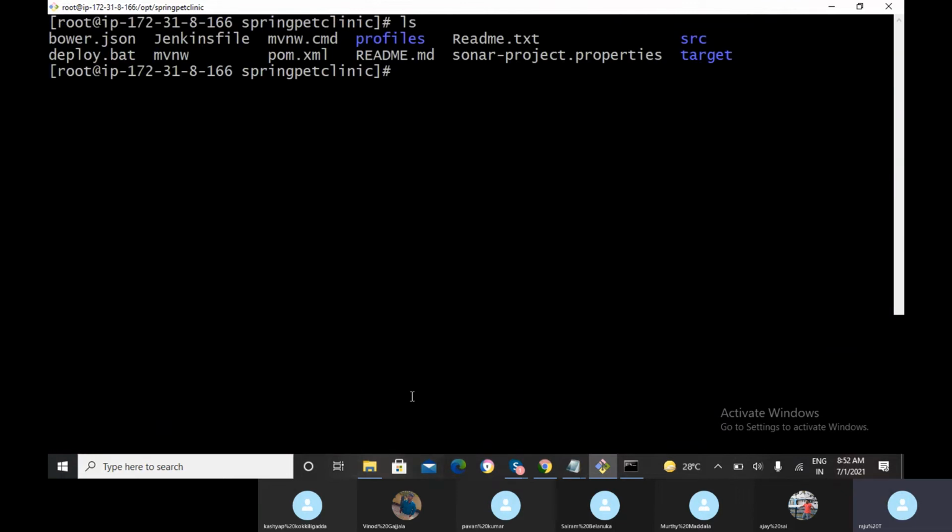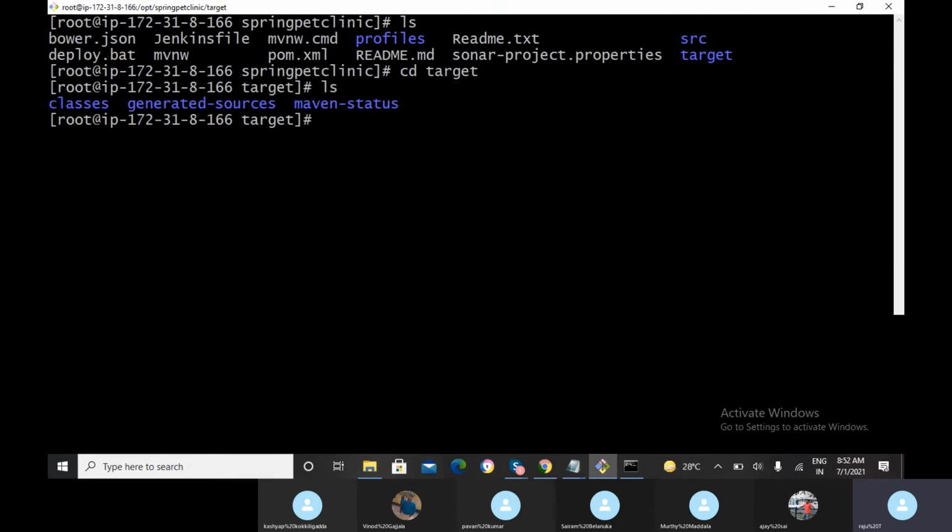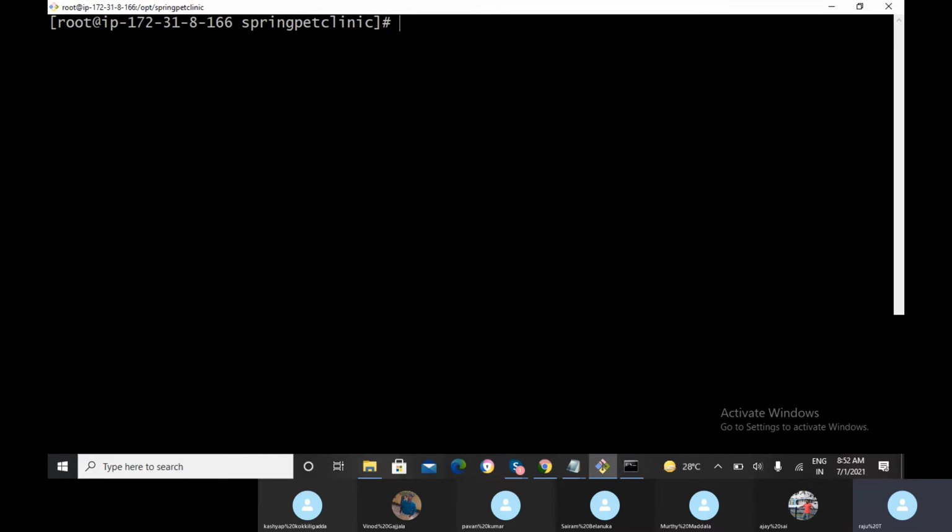Just go ls. So there is a target, cd target, ls. These are the different classes and different status reports. Got it? So if you want to clean your targets, actually, there's a lot of story behind